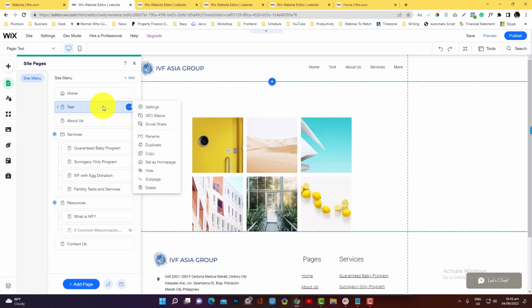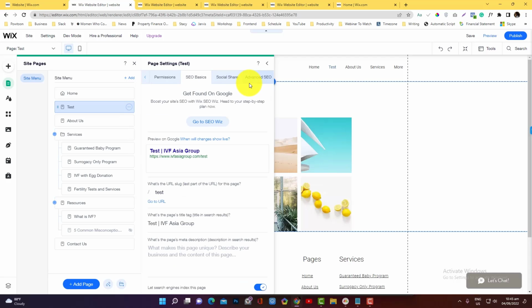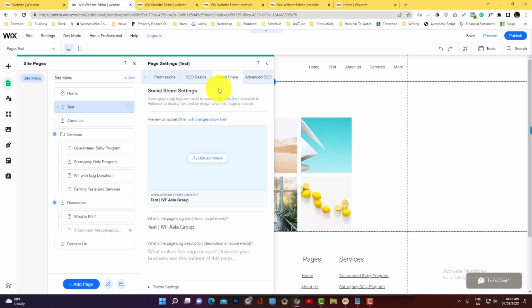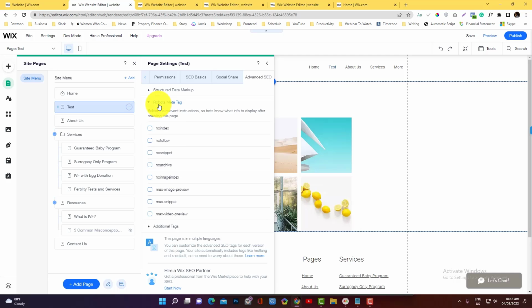But what's a good thing about Wix, even though this is a super entry level CMS platform, is they already have a built-in SEO integration where you can put in the slug. The slug is super important to make your SEO optimized, and the title as well and meta description. Please don't skip this part because it will help Google understand what your page title is all about. Social share is super helpful as well to gain exposure, and advanced SEO